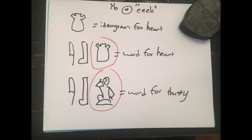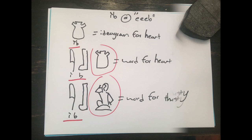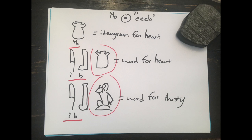And that's why ancient Egyptian is not as hard as people think, because there's constantly reminders to help jog your memory of sounds and meanings to the word. That's what determinatives are. So while all 3 of these are pronounced Ebe, they have 3 different meanings based on the determinative that's put at the end of the consonants. It's all there to be a hint and to help you, so take